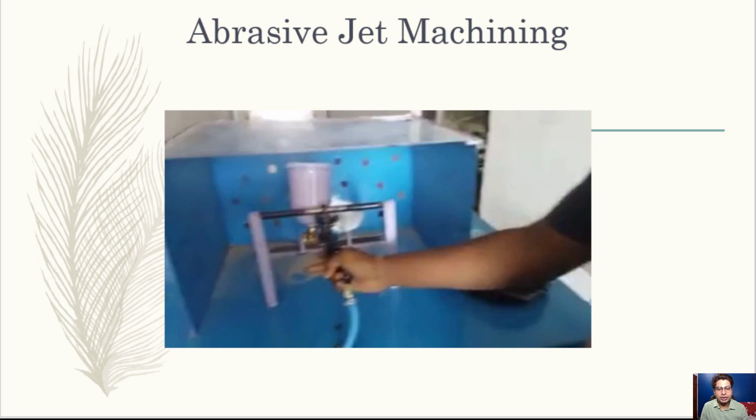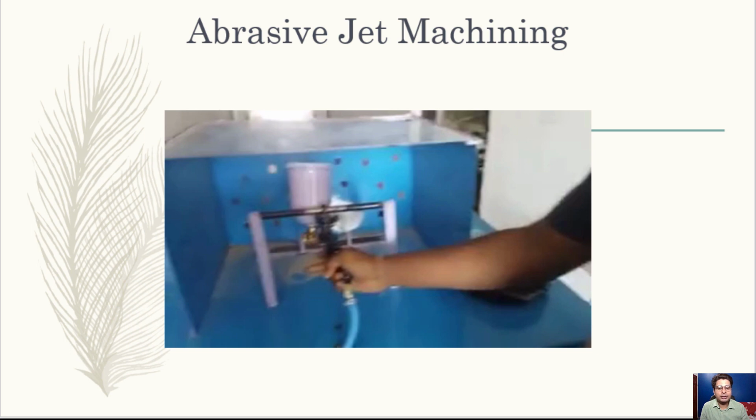In abrasive jet machining, a focused stream of abrasive particles carried by high pressure air or gas is made to impinge on the work surface through a nozzle, and work material is removed as erosion by high velocity abrasive particles. The nozzle directs the abrasive jet in a controlled manner onto the work material so that the distance between the nozzle and the workpiece and the impingement angle can be controlled or set desirably.